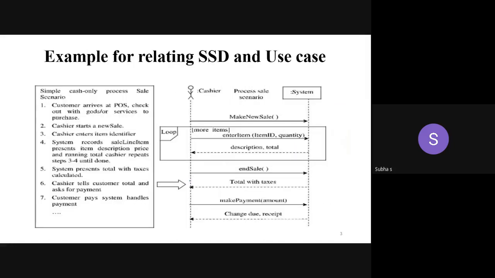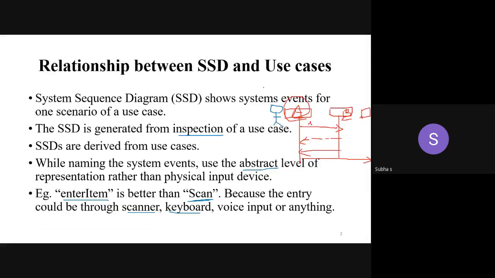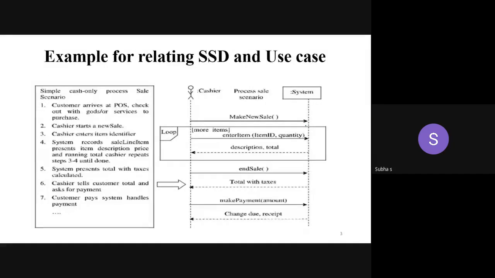Now we move on to this example. Look at this example clearly. The same case study, the next gen POS system. I put it in a rough way here. This is the detailed representation of how we relate the system sequence diagram and the use case. Very, very important, a big question. It's a Part B question. Best, you can write what is SSD and what is meant by use case, then explain one scenario, then draw the diagram. That's enough for getting more marks.